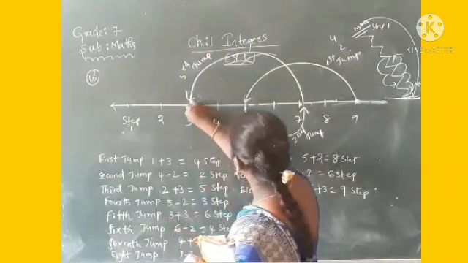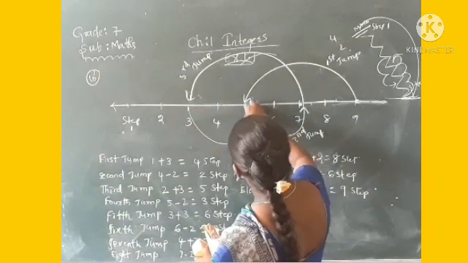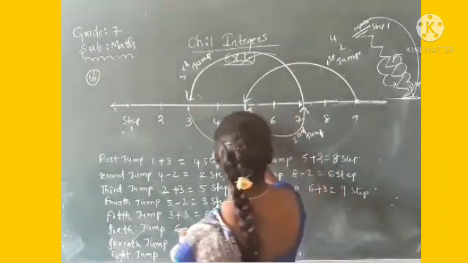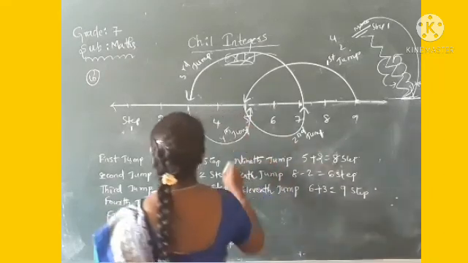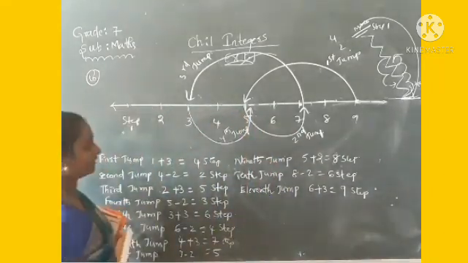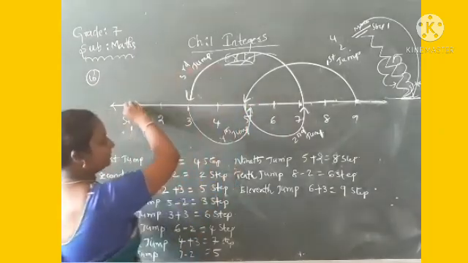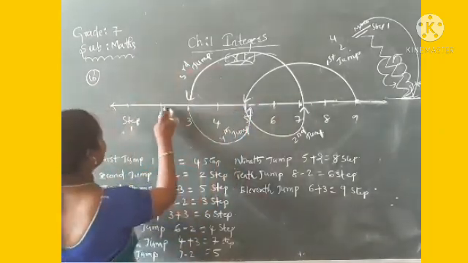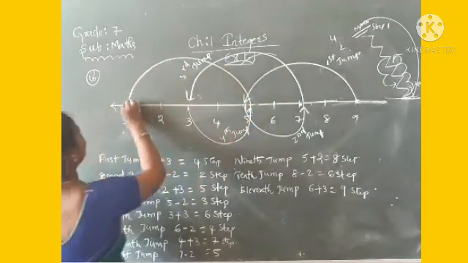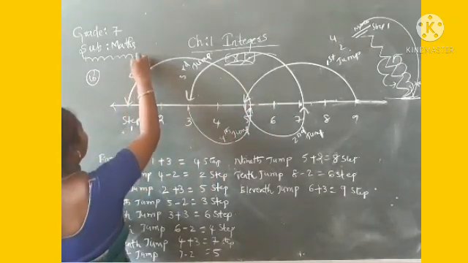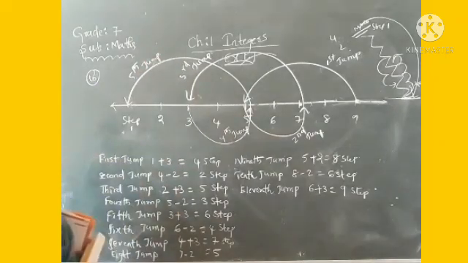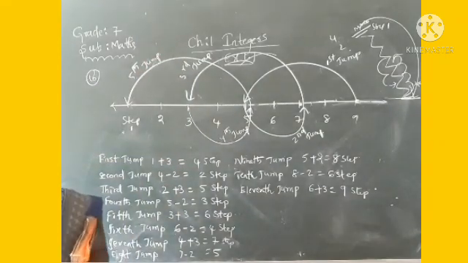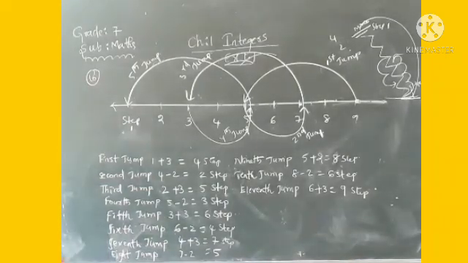Third jump. Again 2 steps down. That is step 5. This is the fourth jump. Now the monkey was at step 5. 4 steps up, that is 1, 2, 3, 4. Very good. So now the monkey is at which step? First step. After how many jumps? 5 jumps. After 5 jumps, thus the monkey reached back.